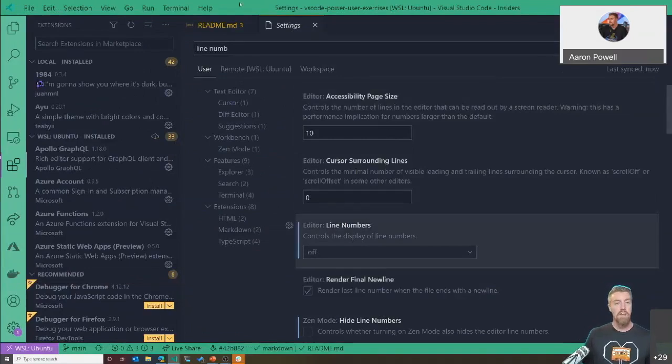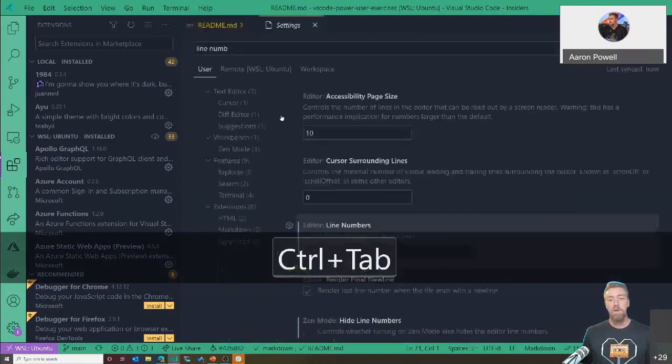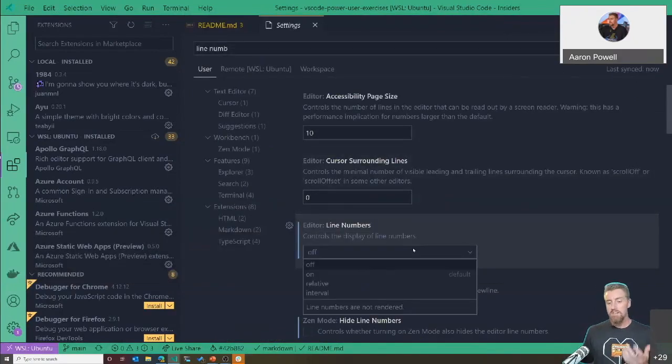I can turn them off, and then if we pop into our file, then unsurprisingly, the line numbers are turned off. Now, the text is also getting massive because I've zoomed the editor in, which is going to take the 30 font text and then apply the zoom on top of that, which is one of the reasons why I didn't leave the editor zoomed in the entire time. So we will be zooming in and out of the editor as we play around with a bunch of stuff.